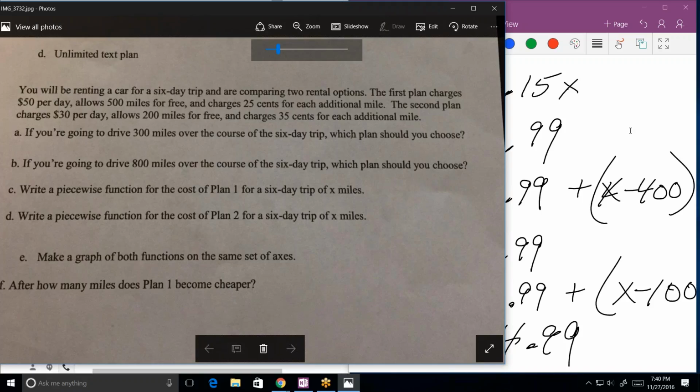For part A, it actually makes more sense to graph or to do C and D first. I don't know why they didn't ask. In other words, A should be C and B should be D, and then A and B should be C and D. Because you kind of have to figure out the function. Maybe they're, I guess you don't really have to figure out the function to answer A. You just have to plug it into both options. Now let's do it in the order they want.